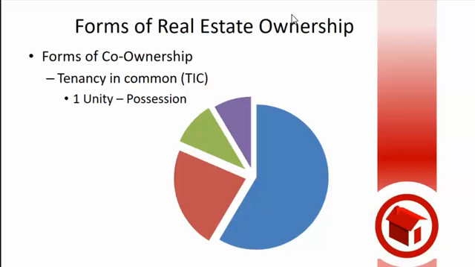Okay, here's a hint. It's called tenants in common. What's the only thing we share in common? We're tenants of the building. So the only unity that we have is possession. The only thing we share between the three of us is that we are allowed to be in the building. We have disproportional ownership interests.